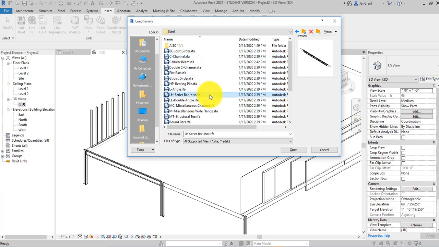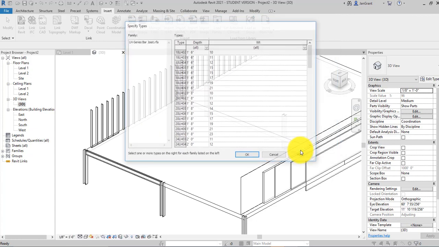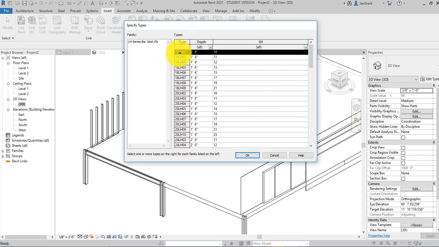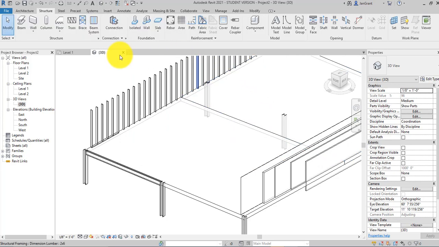And so if we use one of these bar joists, we'll just go ahead and use this LH series. I can pick open, and again we have all of these different sizes depending on what you need. I'll just select the top one and pick OK, and then over in the structures tab